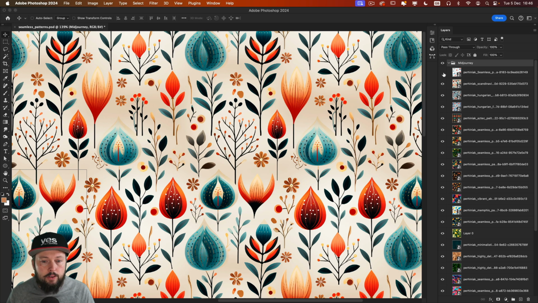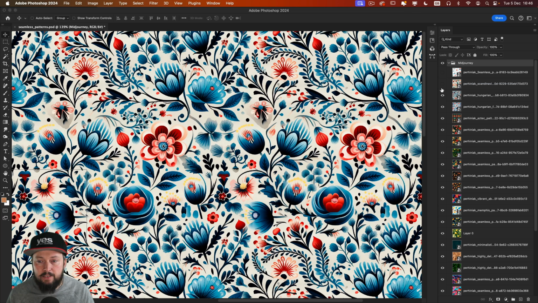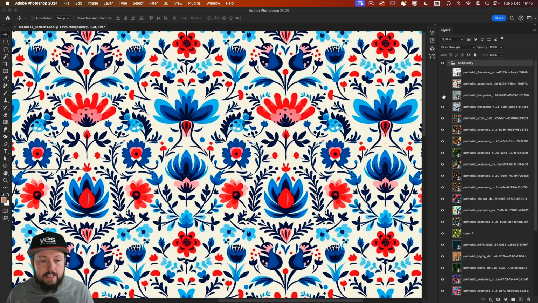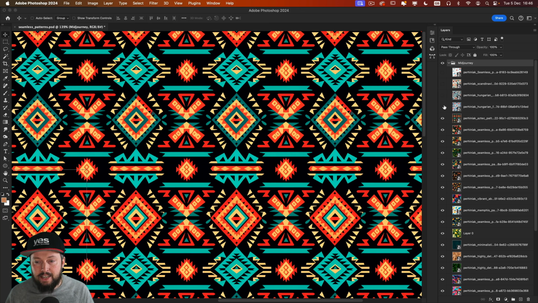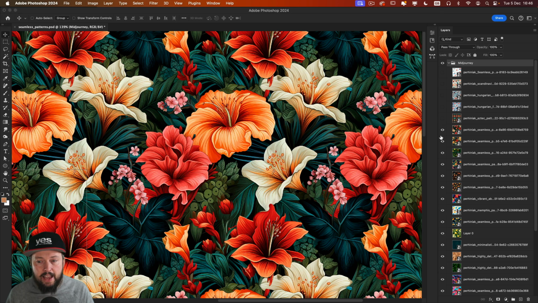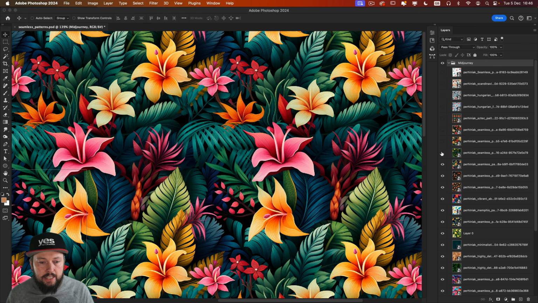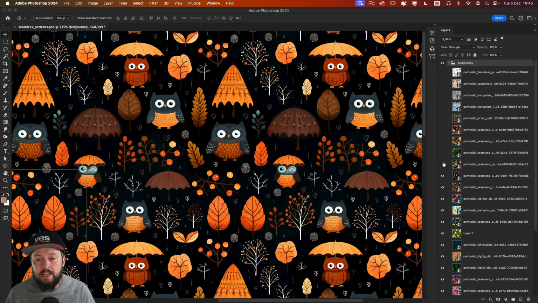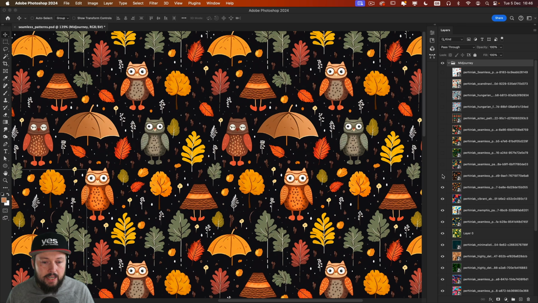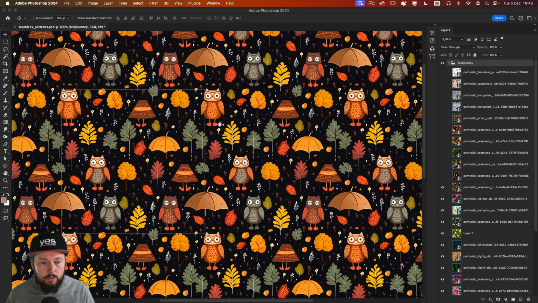But let's just test a few other ones. A nice Scandinavian illustration. Then we have the Hungarian folk patterns. These look great as well. Some Aztec design. Then we have some crazy detailed floral illustration. Here's another one. Then we have more of these. And these are all Midjourney. So as you can see, no matter what I created, as long as I use the tile option, it's always going to give us a beautiful result.